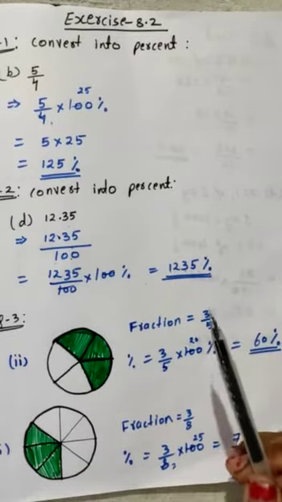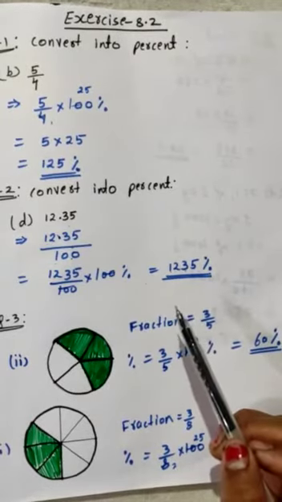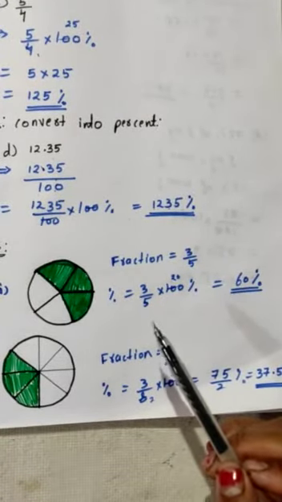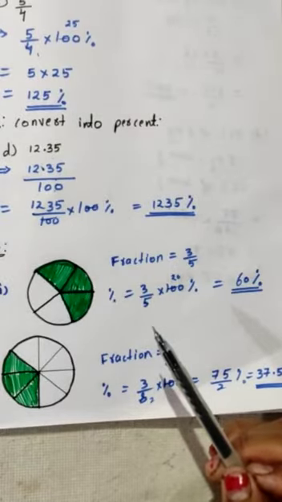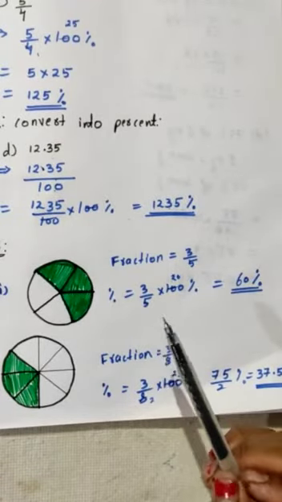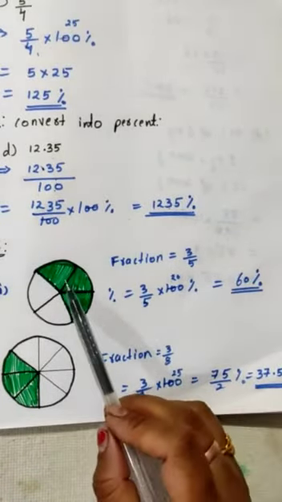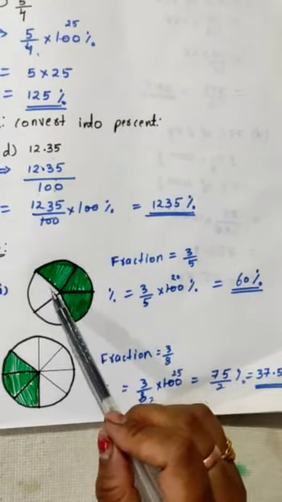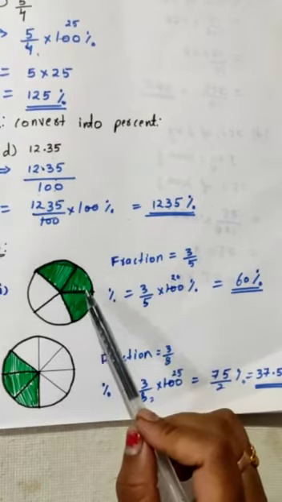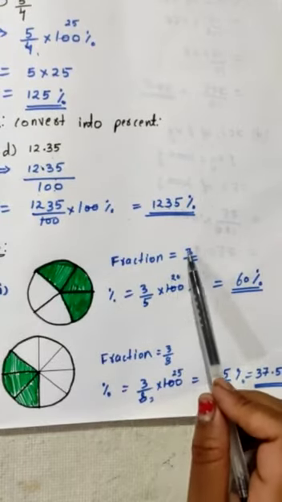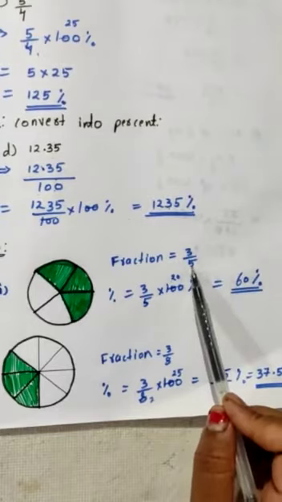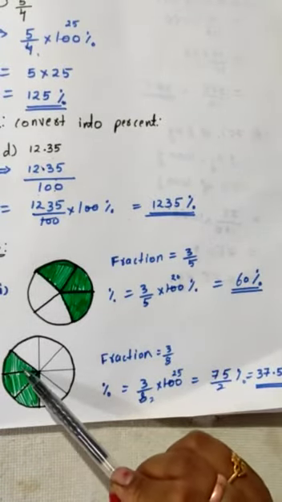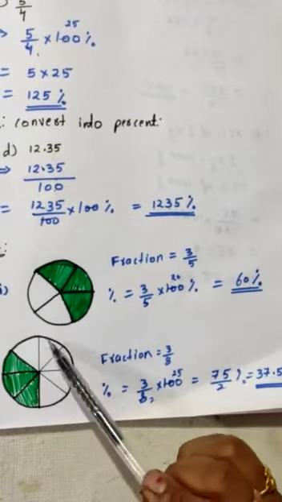Now we'll proceed further and see the third question, where 3 figures are given to you, out of which I have done 2. The first part is you have to write the fraction and calculate its percent also, of the shaded part. You can see this is a circle. This circle has been divided into 5 equal parts, out of which 3 are shaded. So the fraction will be 3/5. You all know how to write the fraction. And the fraction in the second case will be 3/8, because there are total 8 equal parts.